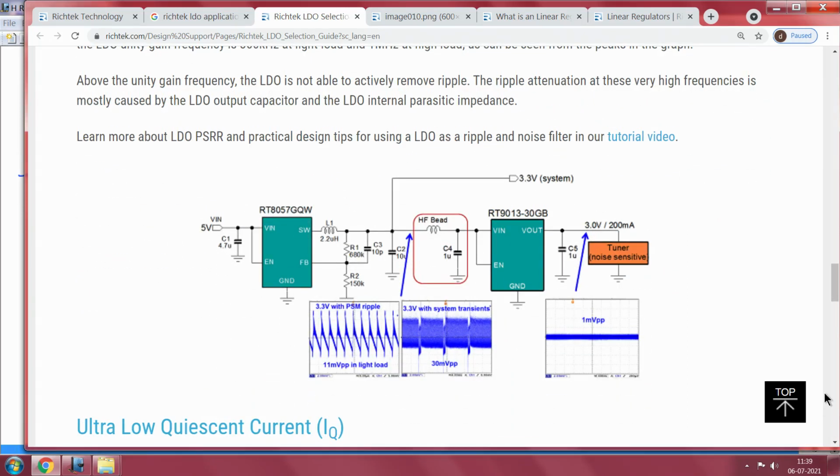But what is the drawback of this solution? You need additional circuitry to put a high frequency bead, filter out the high frequency ripple, and then feed it to the input of the LDO. Now again you must note that every time we drew anything about the LDO, there was an input capacitor and an output capacitor. Please note, they have a huge bearing on the ripple of the LDO. To control the ripple, you can manipulate these capacitors.